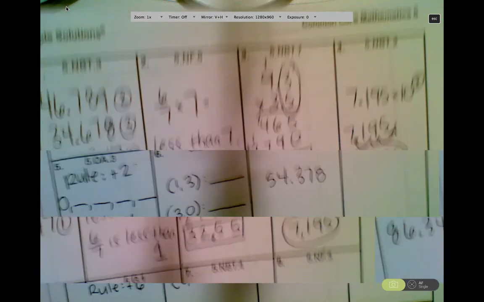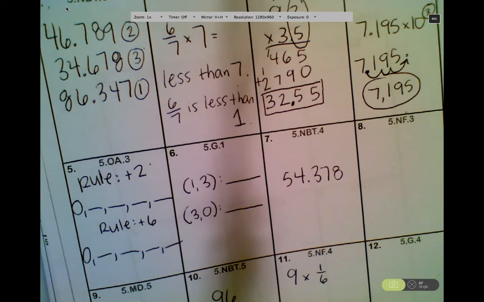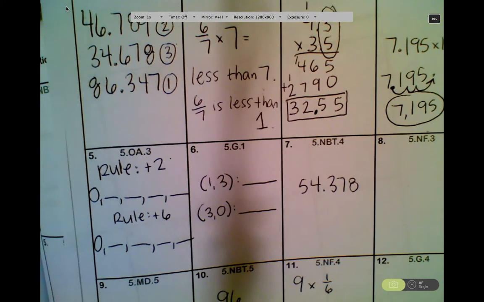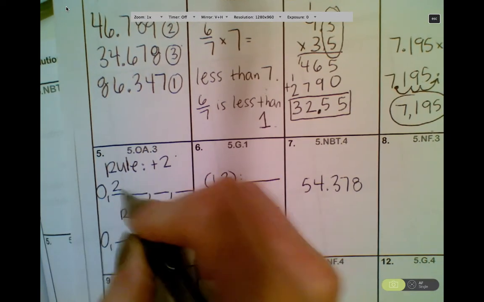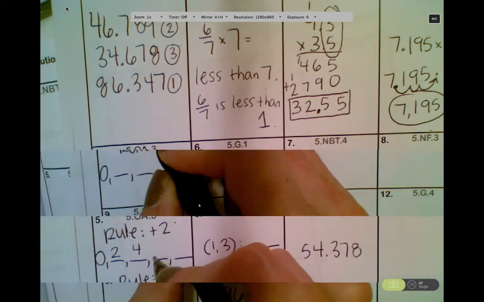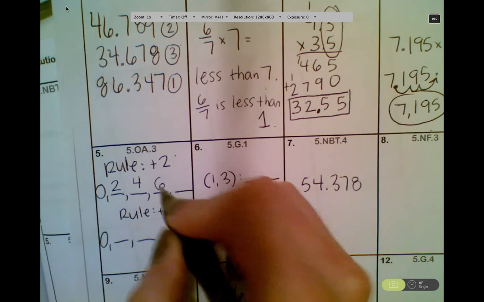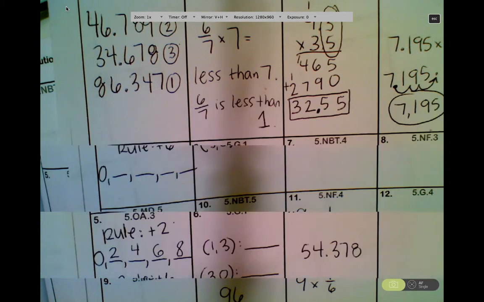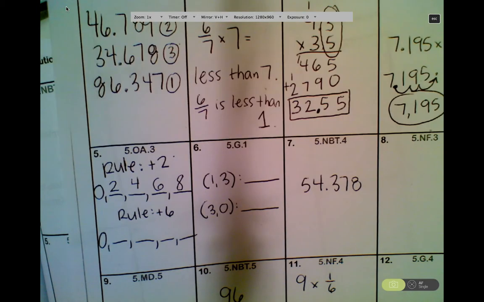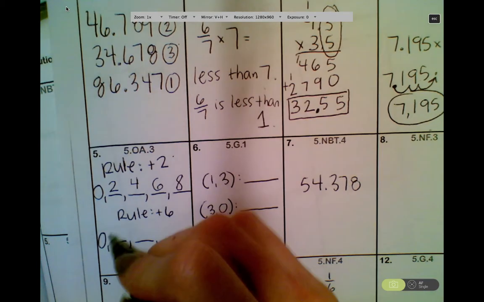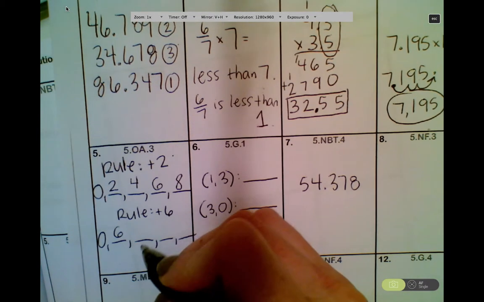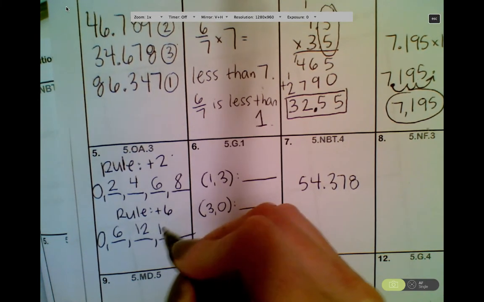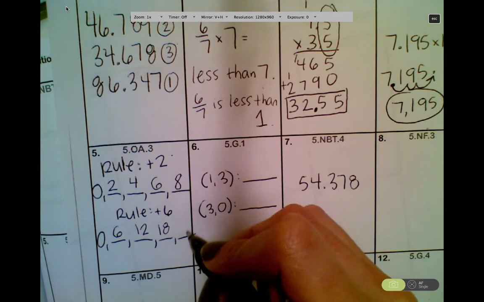Number 5. You had to first make a rule of +2, starting with 0. So 0 plus 2 is 2, 2 plus 2 is 4, 4 plus 2 is 6, 6 plus 2 is 8. Then you had to use the rule +6, starting with 0. 0 plus 6 is 6, 6 plus 6 is 12, 12 plus 6 is 18, and 18 plus 6 is